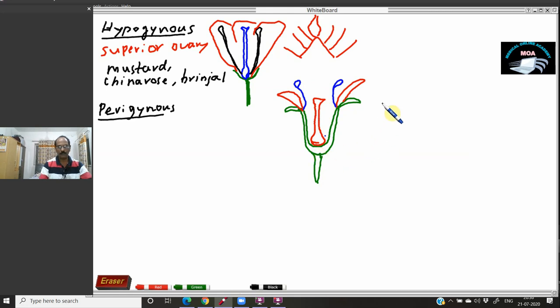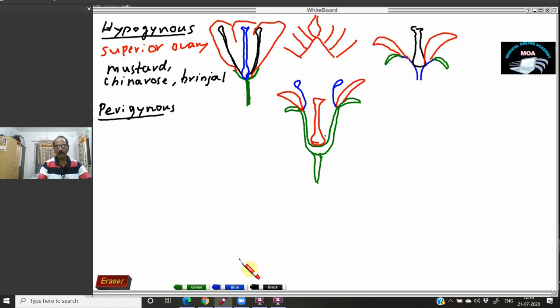It may look like this, or it may look like this. Very simple. So this is the cup, and in the cup you can see the calyx, and you can see the gynoecium here in the lowermost position. And you can see the corolla is arranged here. This is the corolla part, and the androecium is arranged here. This is the androecium. If this is the method of arrangement, both of these are perigynous flowers. Such a flower is known as the perigynous flower.